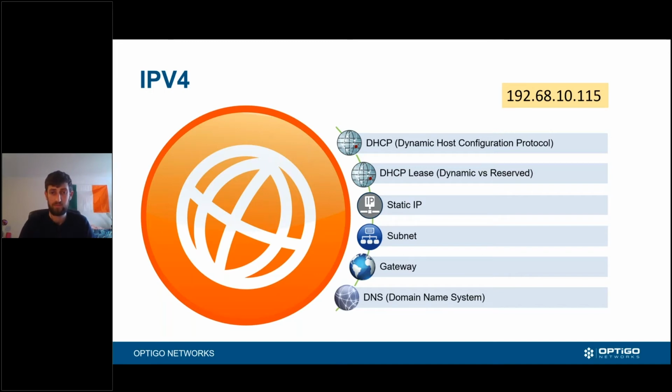Gateway, or the term default gateway, is very important. We'll come back to that. But the gateway is the gateway to the outside world in some way. And then DNS is something like a white page. You can look up where Tom is, and Tom is sitting at desk 17. That'll be the closest thing to DNS.